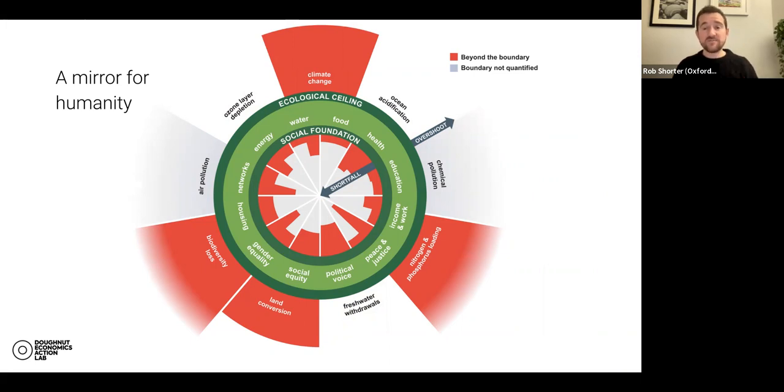This is the data from 2015, but we're currently updating it to Doughnut 3.0, the third iteration of the Doughnut, which is going to have dynamic data from 1990 all the way through to 2020 that also shows that chemical pollution of fresh water withdrawals is also overshooting. And we still haven't been able to quantify, scientists haven't been able to quantify air pollution. So the picture is not great, but we're the first generation to see this picture as humanity's selfie of how